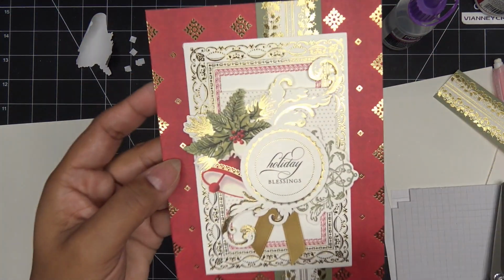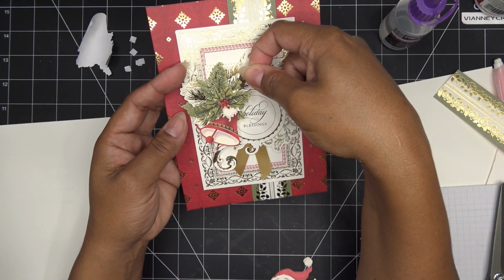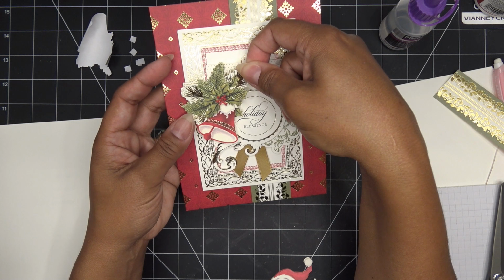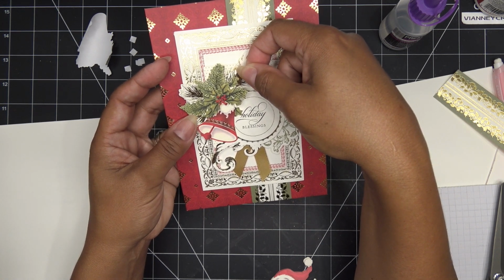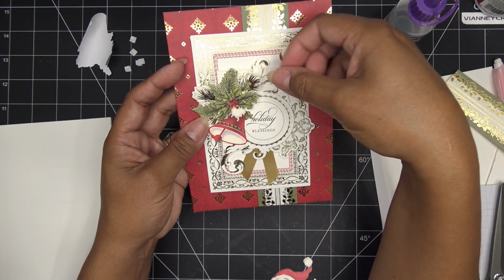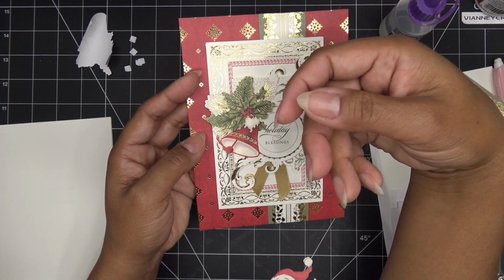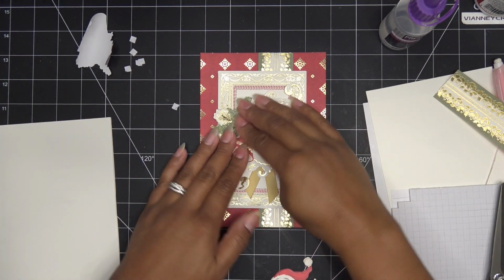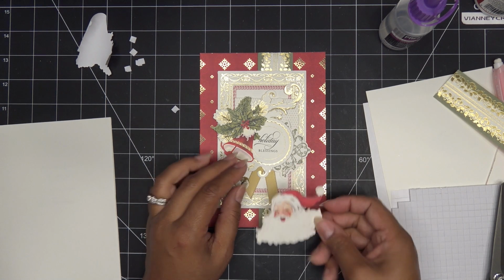Now this is a bummer because this already has foil and looks gorgeous, and we're just going to top it off with this. But again, if you want to bring it down a little bit or offset it somehow so it looks more decoupage-y, and you can still see that little bit of foil in the back, that's cool. Or put it right up against there. Or put more dimensionals and dimensionalize it, right? So it's more decoupage looking. I know the holiday blessings is kind of getting buried there now. And then